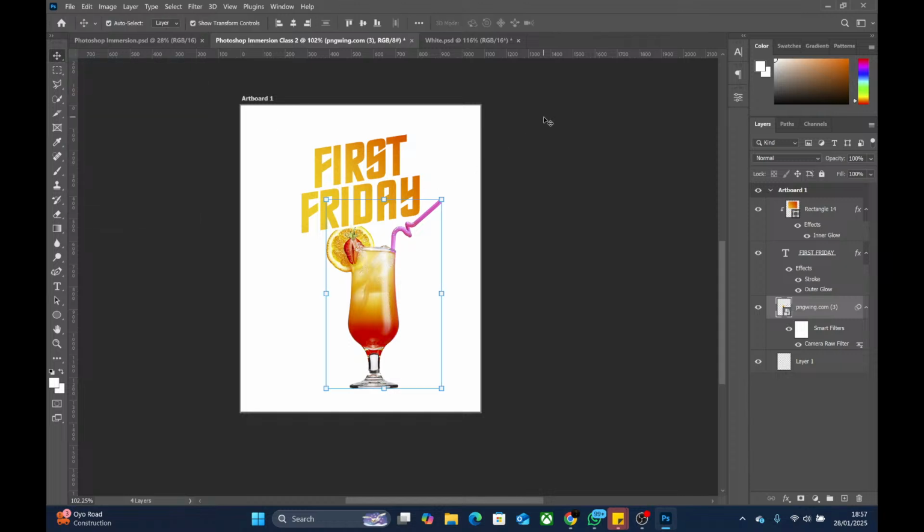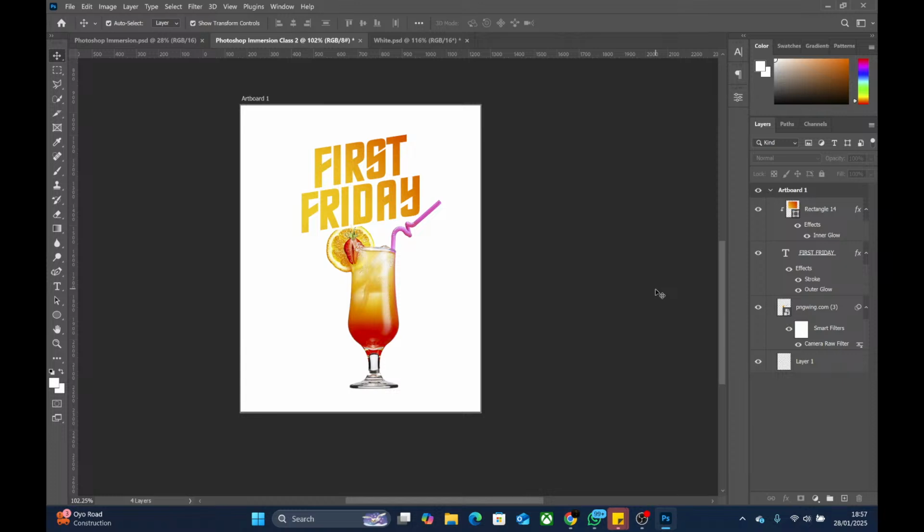Okay, now another thing I want you to pay attention to is that when your auto select is on, when you click on a layer on your artboard, automatically on the layers panel it will select that particular layer.